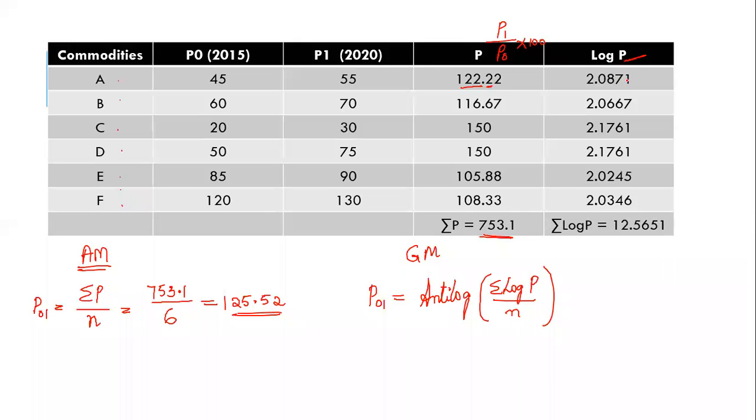Only writing 0871 is not enough. Why? We have a point here. So what you have to do is write a number before the point. Okay, now how will you write? See here, before the point.